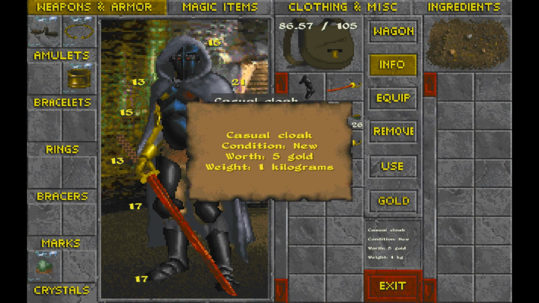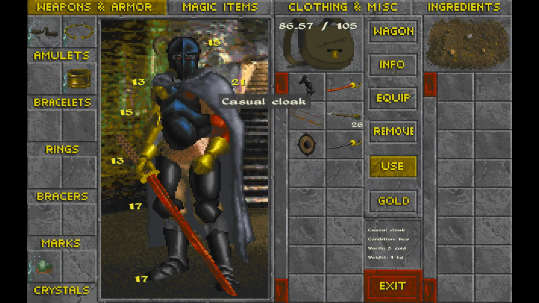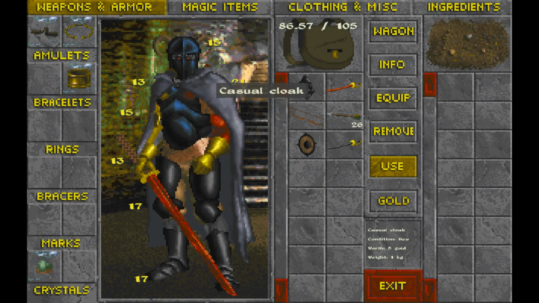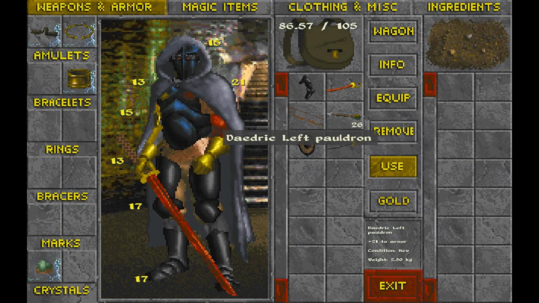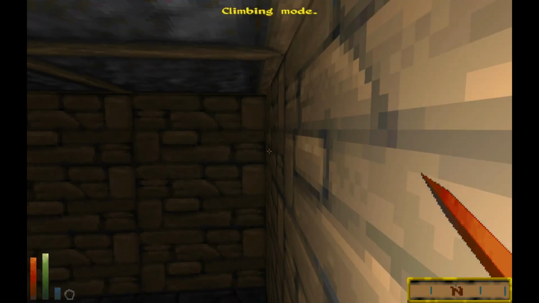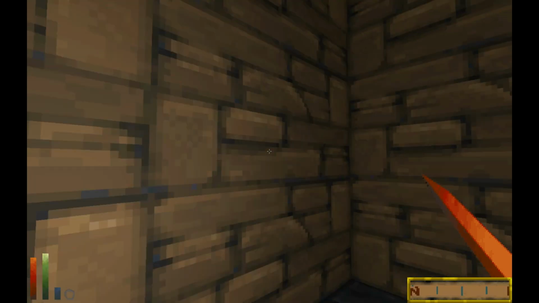Hold on, let me just move this cloak aside. Yeah, that looks pretty cool. Alright, I think actually the Mithril and Ebony look better than the Daedric, but this is really good, plus 21 to armor. But anyway, as I was saying, I'm trying to max out my affinity with the Mages Guild